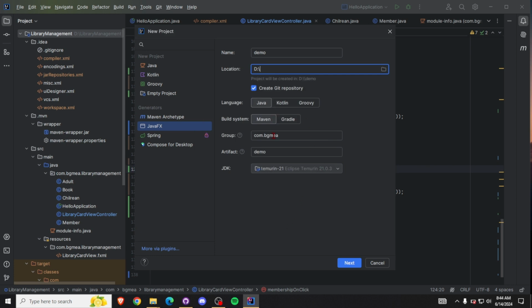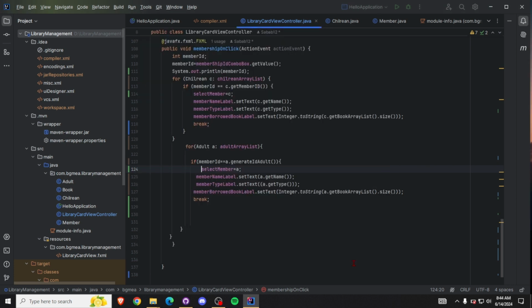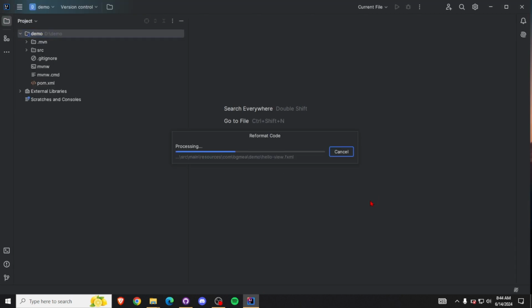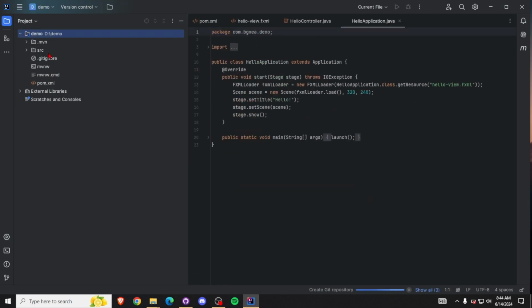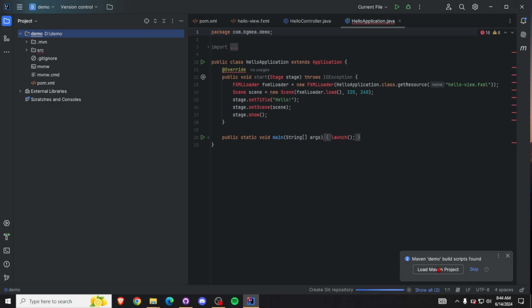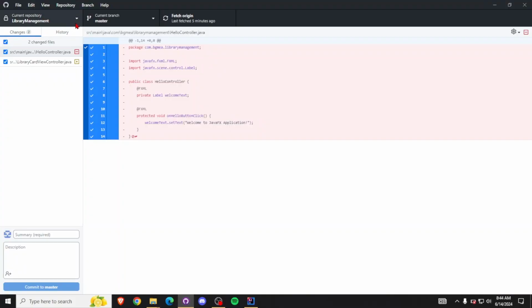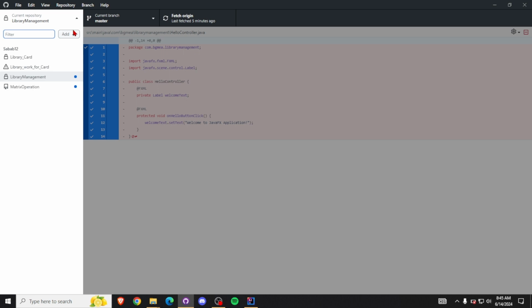And also you can go to next and create a GitHub repository. After creation, we can see that we have created a demo project which is situated in the D folder, and after that we can go here in the GitHub desktop, and we can go here in the library management system, or you can see the current repository should be selected here, and we can go there